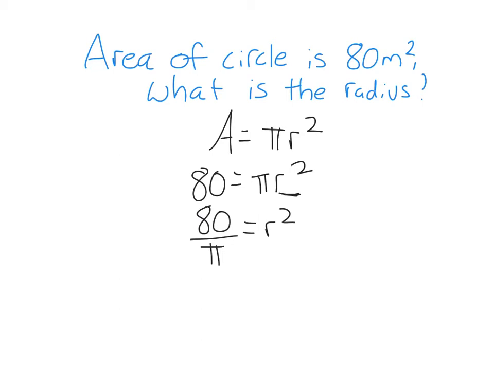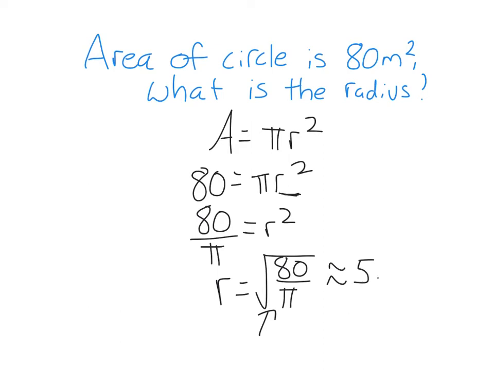The way I undo squaring is square rooting. So r is just going to be the square root of 80 over pi. And I want to write it like this on my calculator. I don't want to write it as the square root of 25 point blah, blah, blah, because that would be slightly inaccurate. I just want to put exactly this on my calculator, and you should get the answer to 2